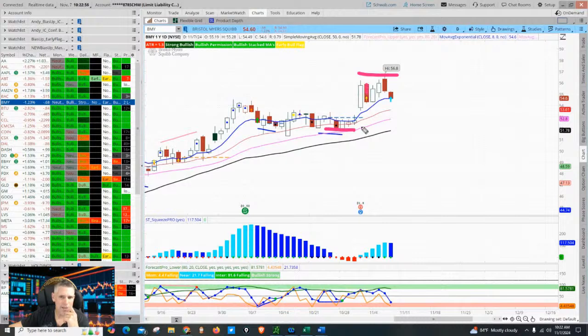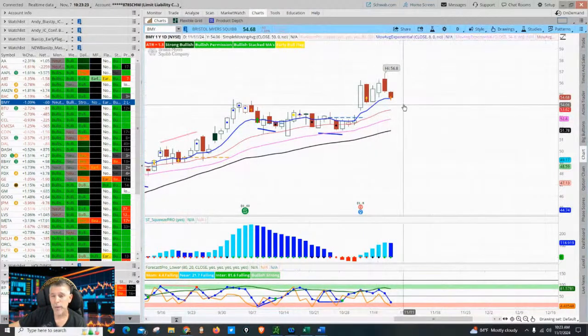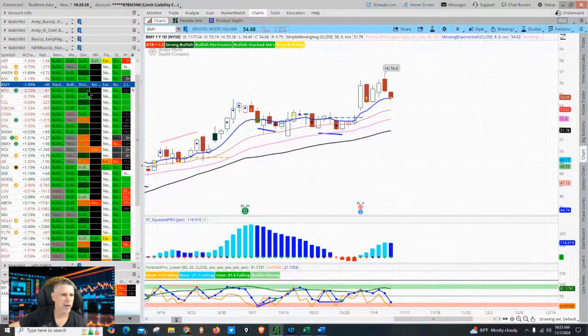Had a little pause here. This is a bull flag. I don't really like this, that's what I'm looking for, but we have one pause. And then this is a bull flag. It is what it is. BMY, bias up, bull flag. If you don't think it's clean, you don't put it on your at the gates. To me, it could be a little better, but it's still okay.